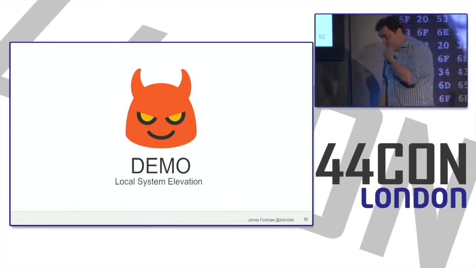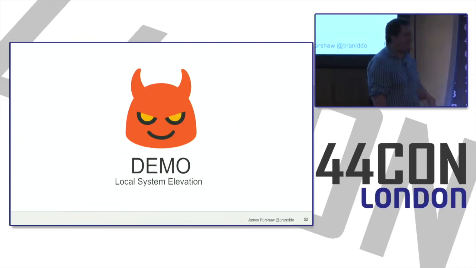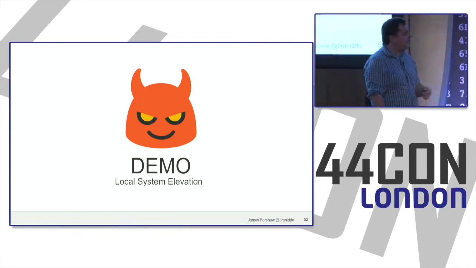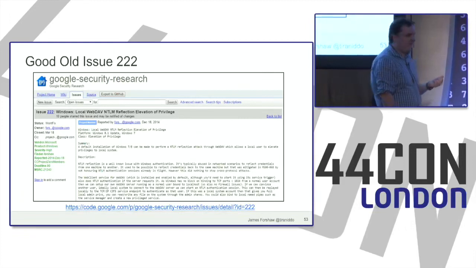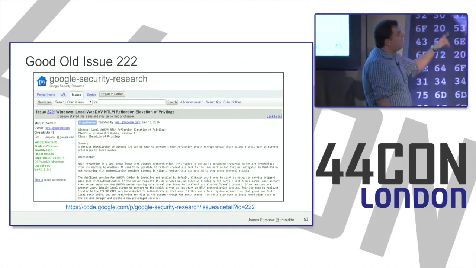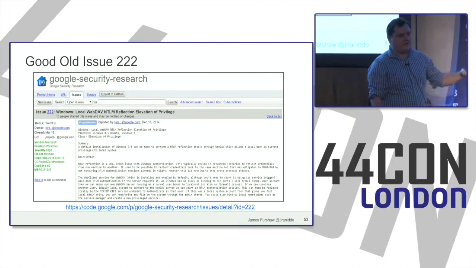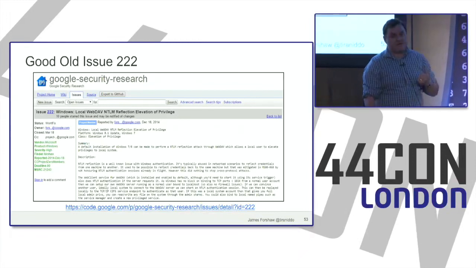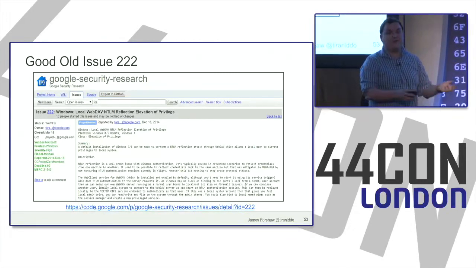So it's also typical in these scenarios to say, okay, thanks very much, and you can all bugger off, I'm not going to tell you how that works. But in this case, I'm going to be really generous to the 44CON crowd, mainly because Microsoft hasn't fixed it for six months and it's been publicly available. So if you want to get local system on a Windows 10 machine, go and track down issue 222. It will work in a default installation of 7, 8, 10. I may put out the actual fully working proof of concept. This proof of concept will just write a test file to an arbitrary location, but obviously you can repurpose that and do what you will.